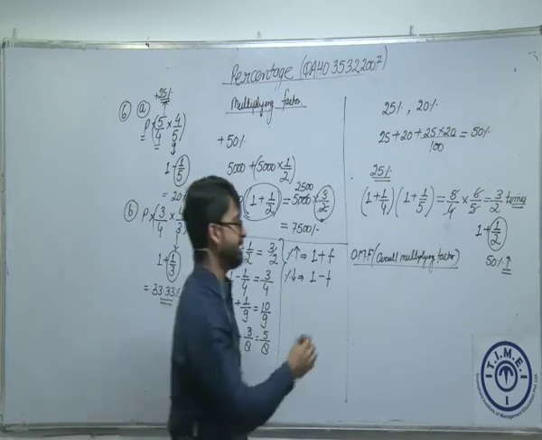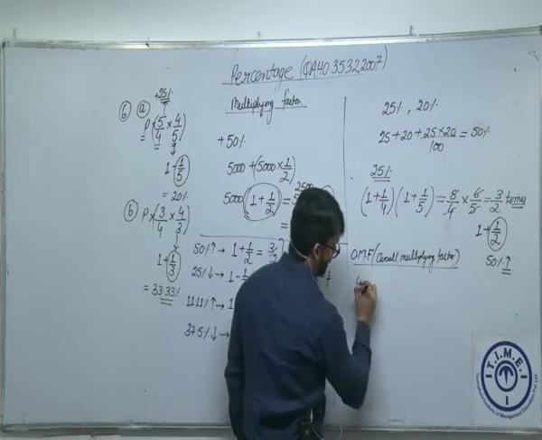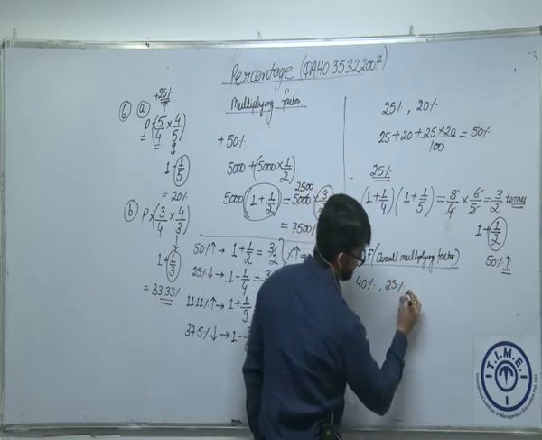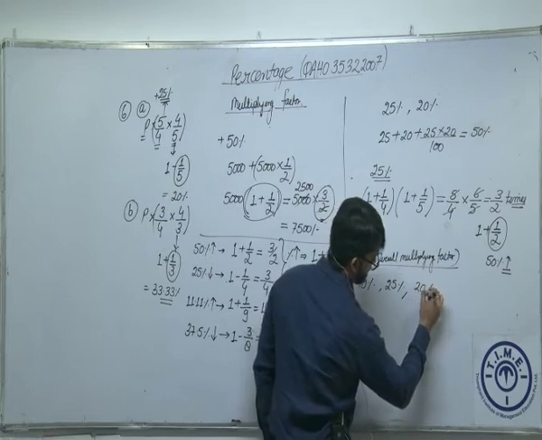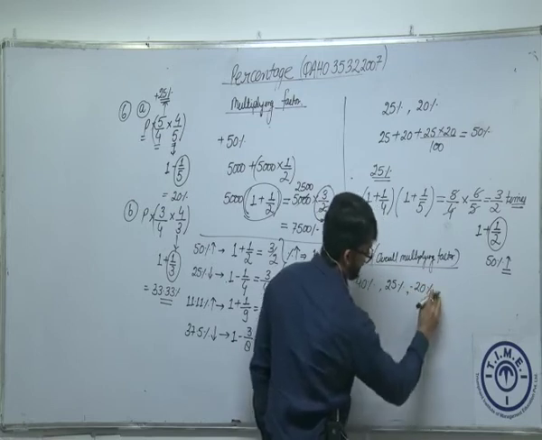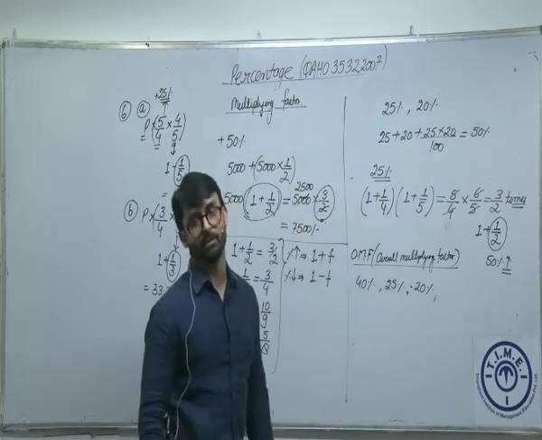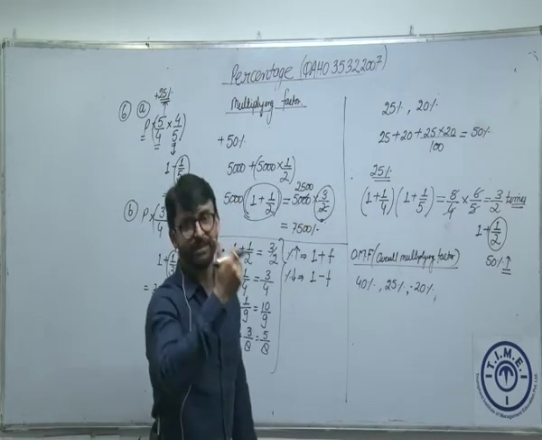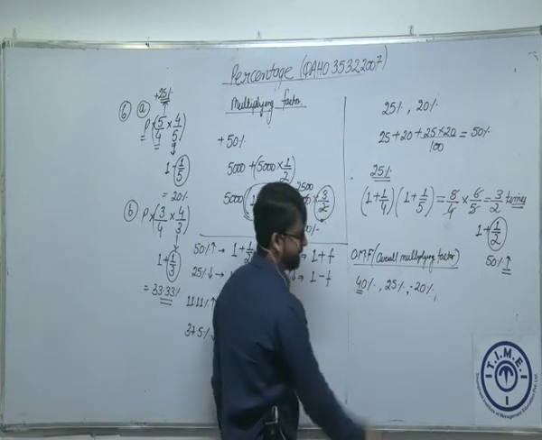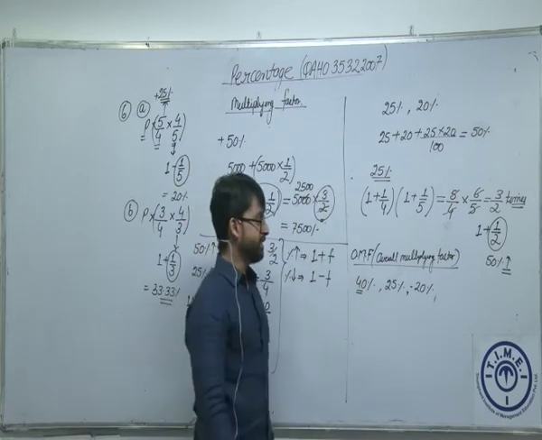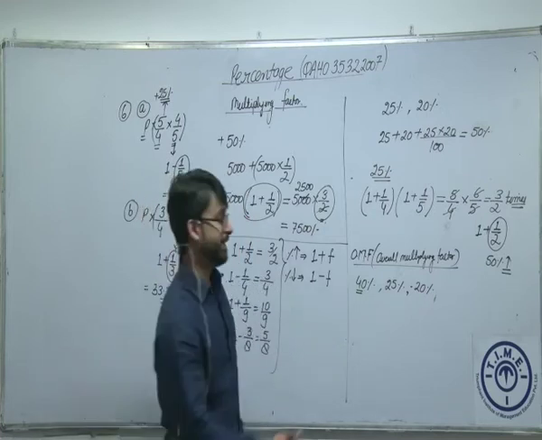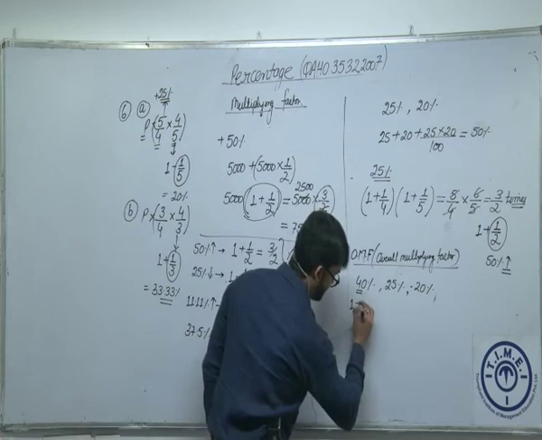We'll take one more example. Let's say किसी का सैलरी पहले 40% बढ़ा, फिर 25% बढ़ा, फिर 20% कम हुआ. तो इफेक्टिवली कितना परसेंट बढ़ा या कम हुआ होगा, या कितना परसेंट चेंज हुआ होगा? We can easily calculate this. 40% का मतलब कितना होता है? 20% का मतलब कितना होता है? 1/5. So 40% must be 2/5. 2/5 increase है.